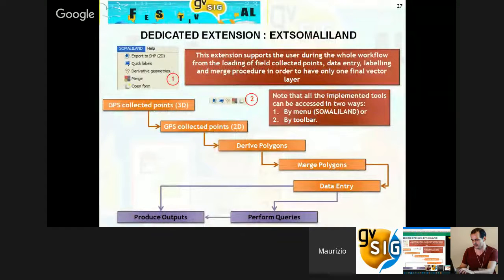So, a customized gvSIG extension has been developed, and a user-friendly interface based on tabbed forms to enter the data with drop-down lists and checkboxes. This customized gvSIG extension has been developed to allow the user throughout the entire workflow